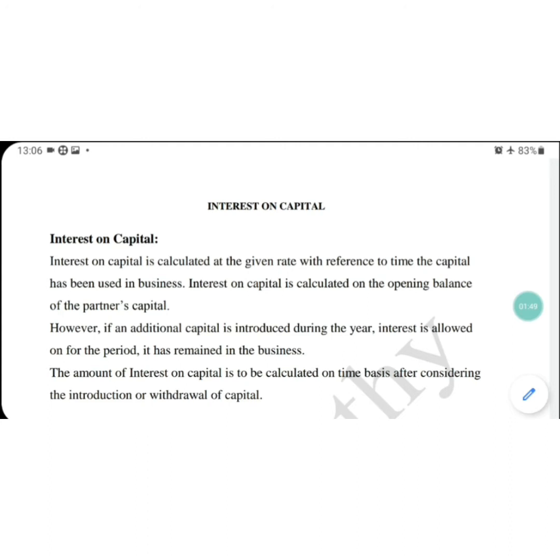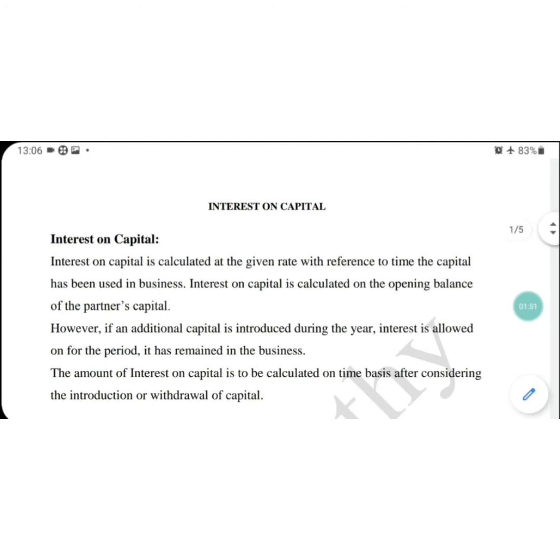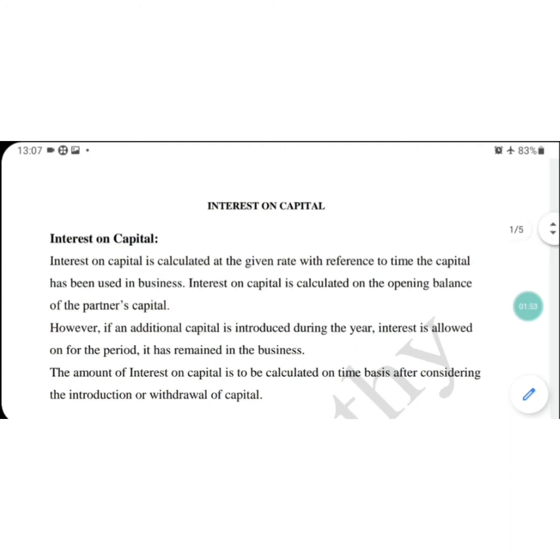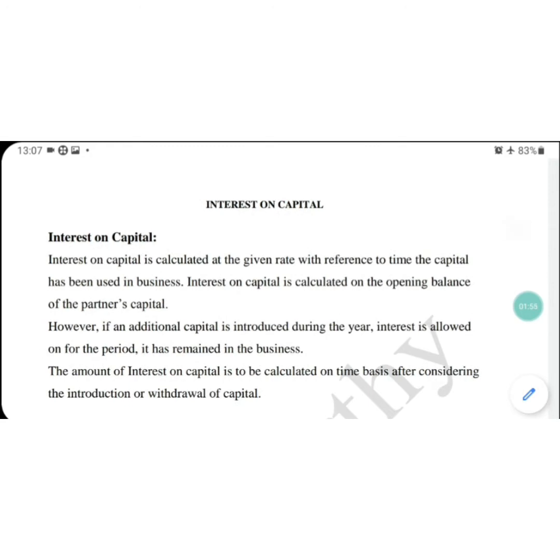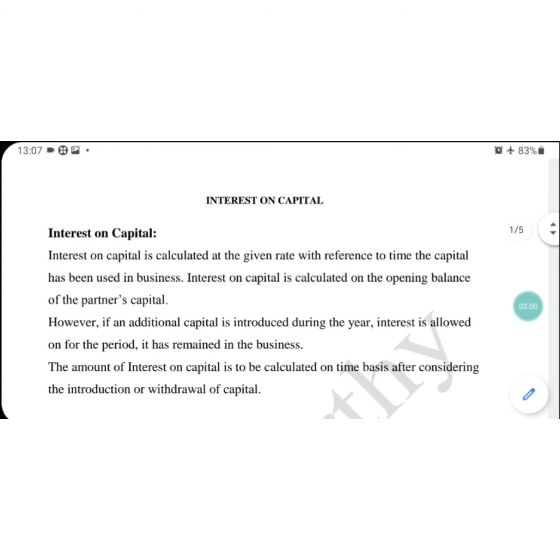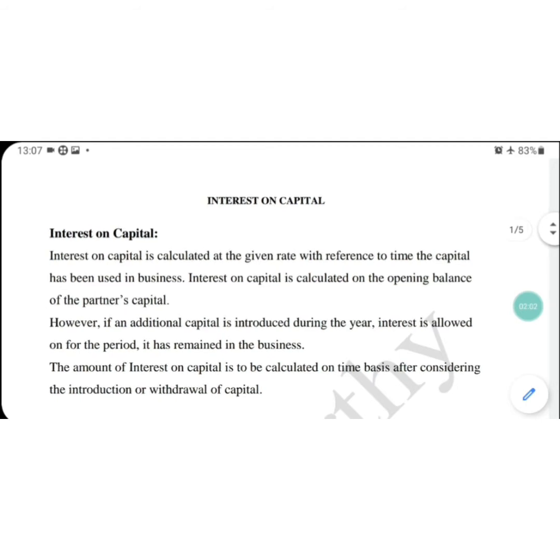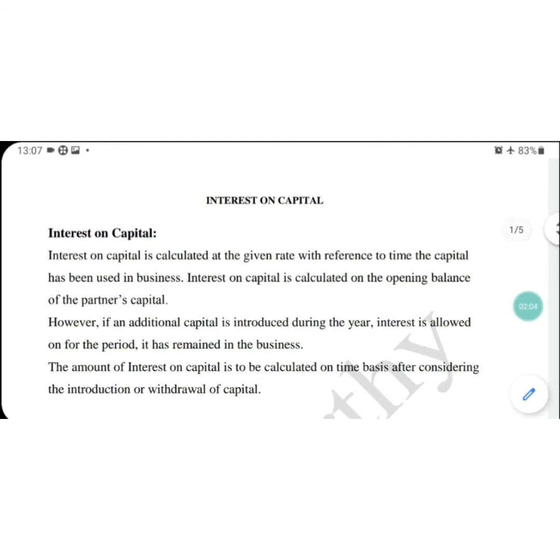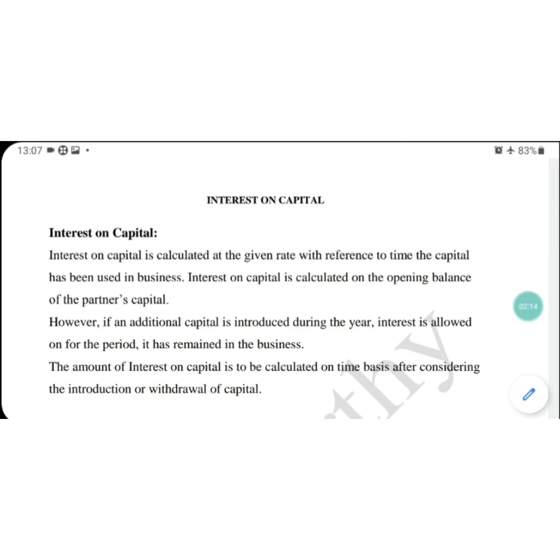If the capital has been used for 8 months, it has to be calculated for 8 months only. If the capital has been used for 6 months, it has to be calculated for 6 months. That is the time the capital has been used in the business. However, if an additional capital is introduced during the year, interest is allowed only for the period it has remained in the business. Suppose a partner B has introduced an additional capital of 50,000 in the business in the mid of the year, that is